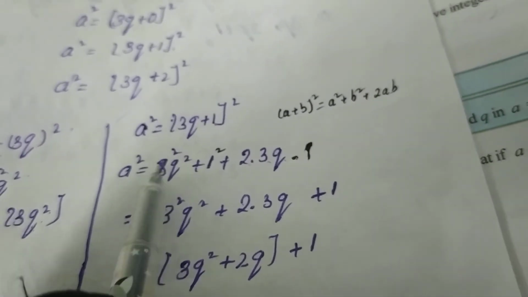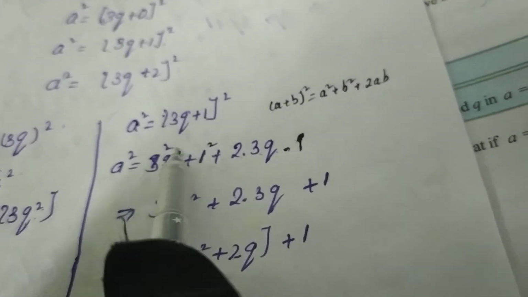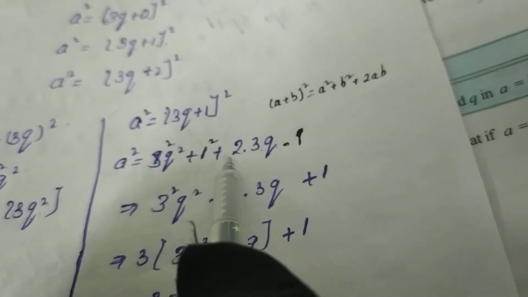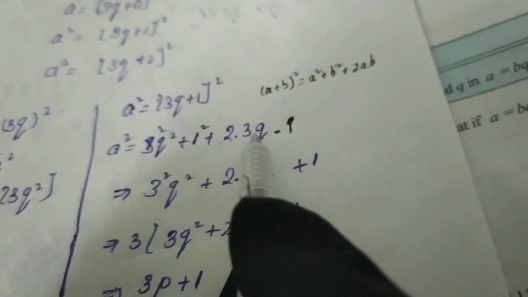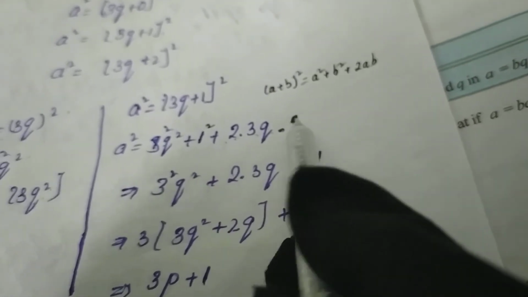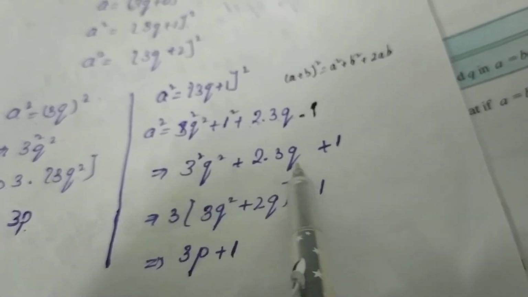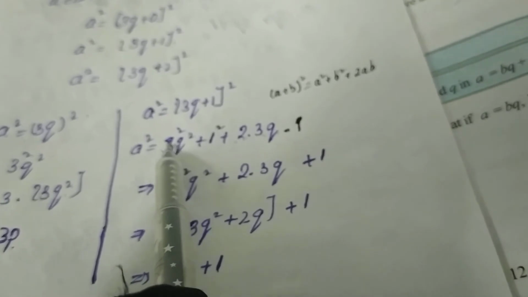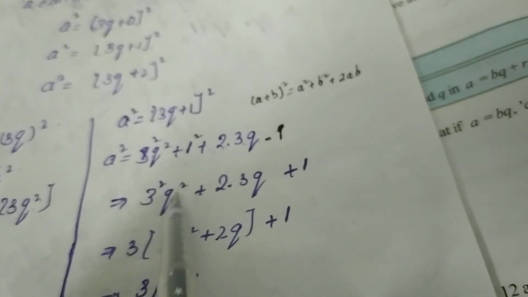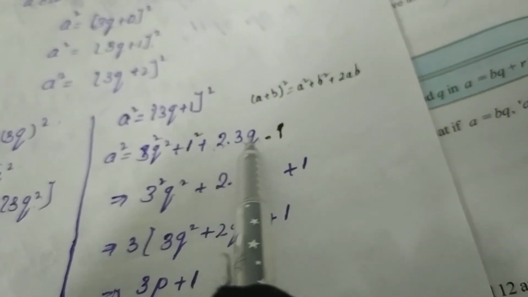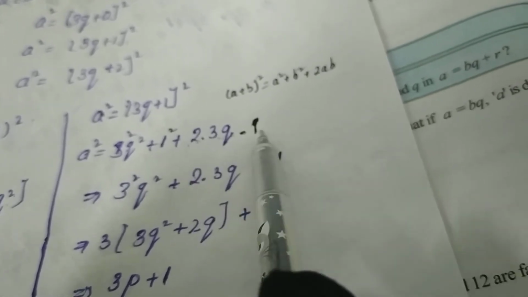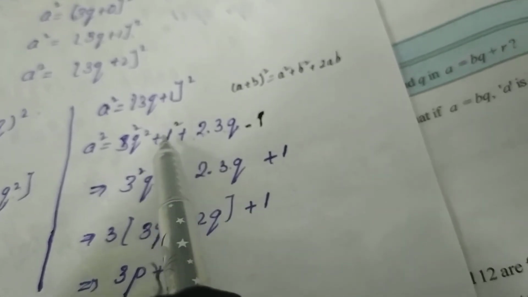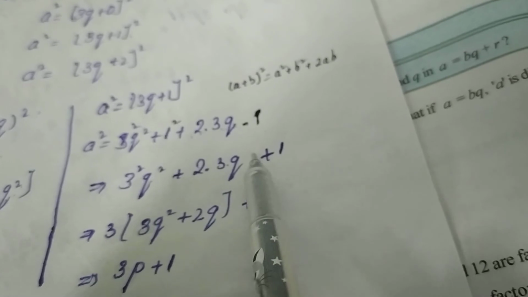Okay, we are applying the (a plus b) whole square formula: a square plus b square plus 2ab. Here it is a and it is b. 3 square and q square are as it is, and here I am taking the first 2ab. Here I multiply 2 ones are 2. Just we have to write the both numbers, first number, and plus 1 goes to the last side.